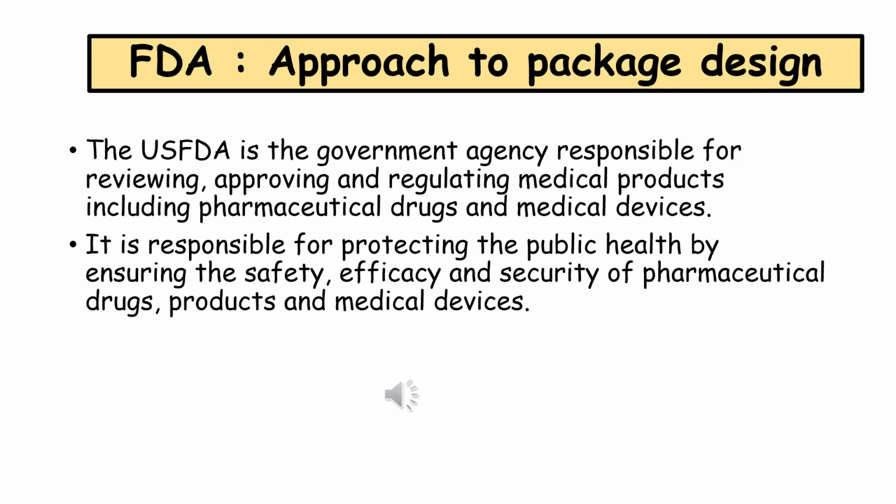So to get the FDA approval, the drug manufacturer should conduct the lab, animal and human clinical testing, and all this testing should be done as per the guidelines. And after completion of testing, the data is submitted to the FDA. The FDA then reviews the data and gives its decision of approval or non-approval, depending on whether all the procedures were conducted as per the guidelines, as per the regulations. So depending on all that criteria, the FDA gives its decision of approval or non-approval.